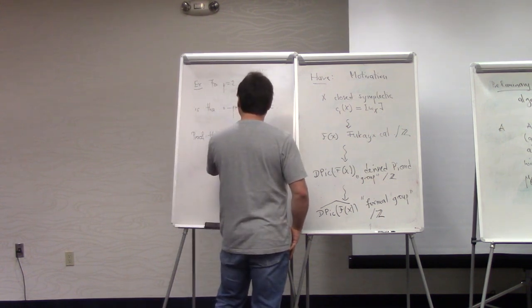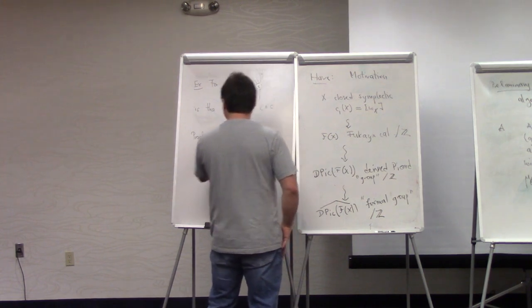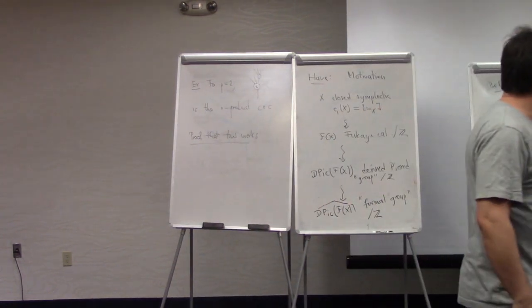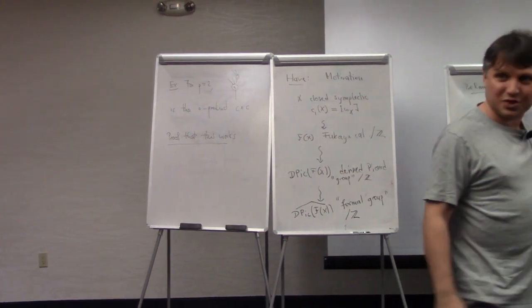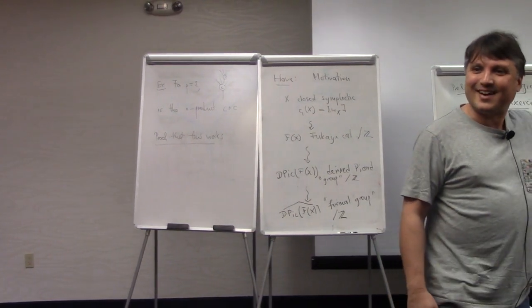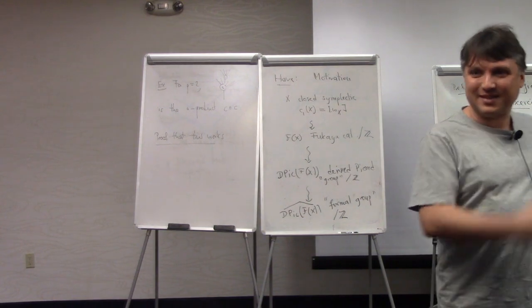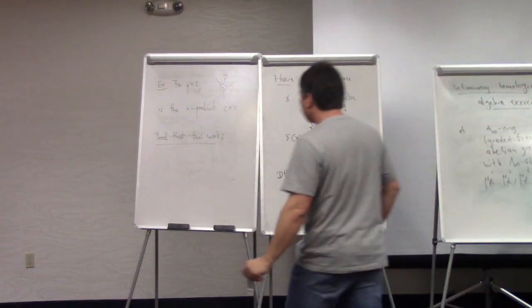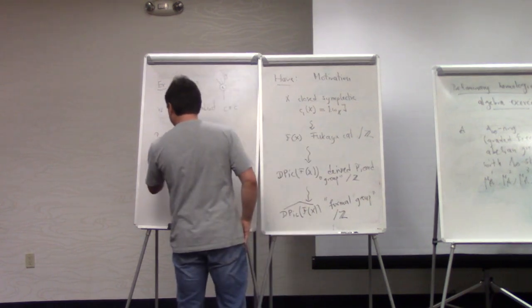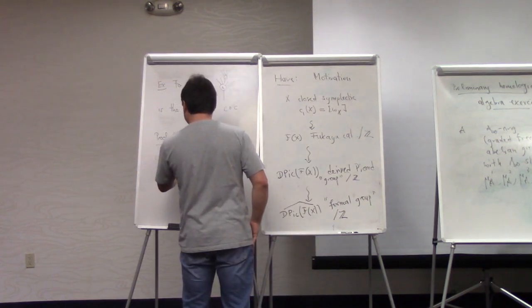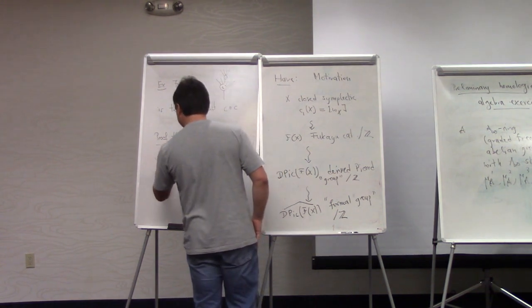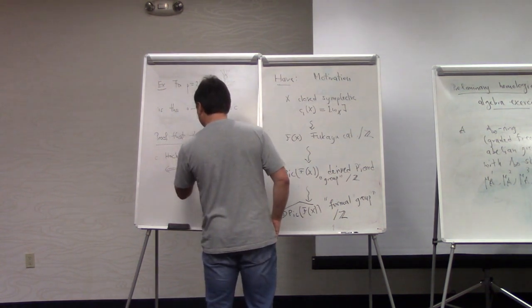Because it's non-additive, the proof that this actually makes sense involves two things. One, if it's a cocycle, you have to produce a cocycle, and if two cocycles are homologous, then the outcome is homologous, right? But let me look at the previous thing. So C is a Hochschild cocycle.